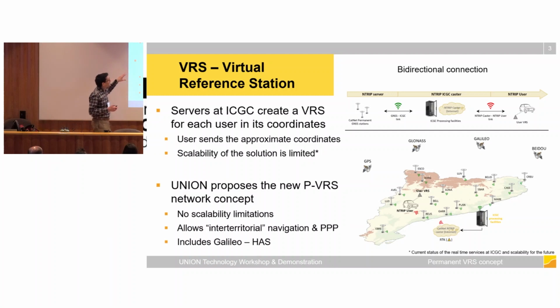Servers at ICGC are creating virtual reference stations for each user at their coordinates. So the user just needs to send the approximate coordinates, and the servers here at ICGC create the virtual stations and start sending data to the users. The problem, as Mikael said before, could be the scalability of the solution. With the users that we have right now, this is not a big deal, but what if we are facing